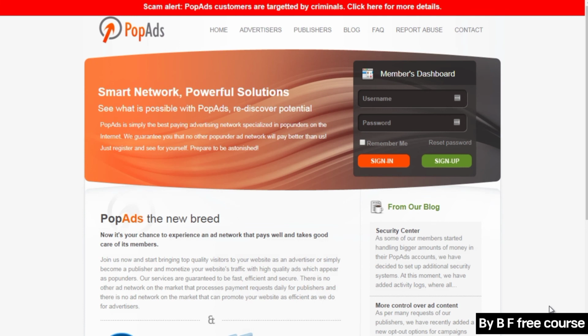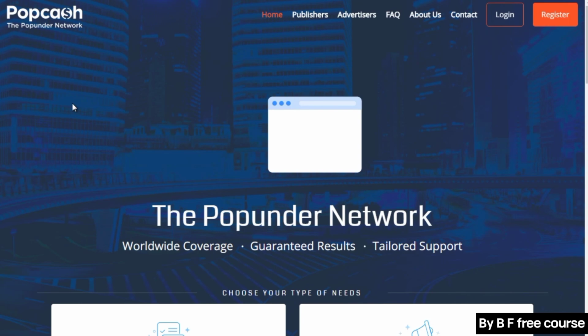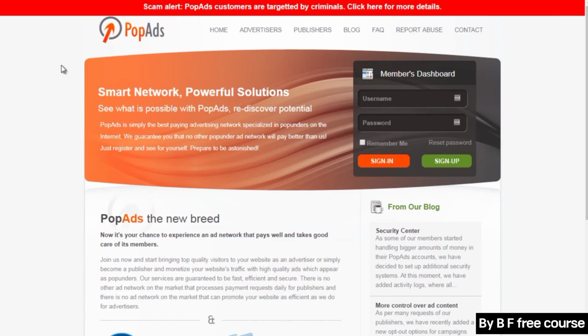Okay, so popads.net, this is the first site, and I'm going to walk you through step by step on how to set up a campaign in PopAds. What's nice about PopAds and PopCash, which is the website over here, so this is popcash.net, and this one is popads.net. So it's not popads.com. If we mentioned that before, it is not. It's actually the .net.